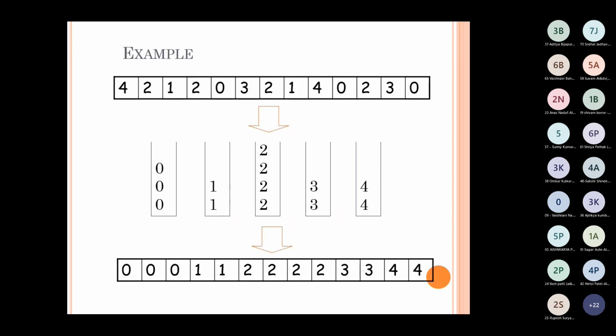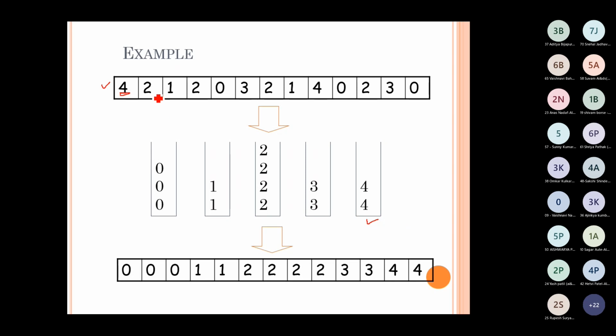Okay, now let us take one more example. Here 4 is there. Now just observe what the maximum value is. Scan this array and tell me what the maximum value is. It is 4, so put it in the bucket number 4. That means we need a maximum of buckets 0 to 4.